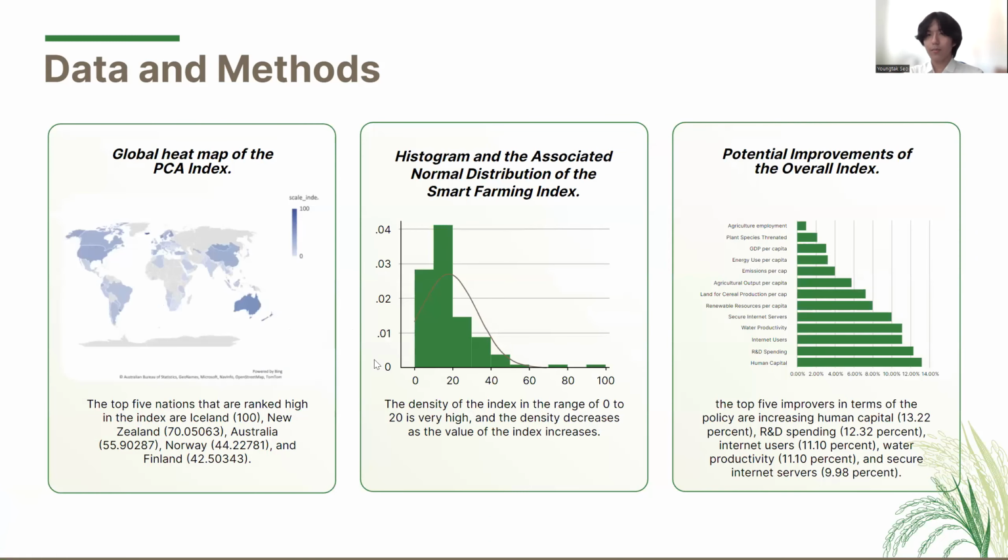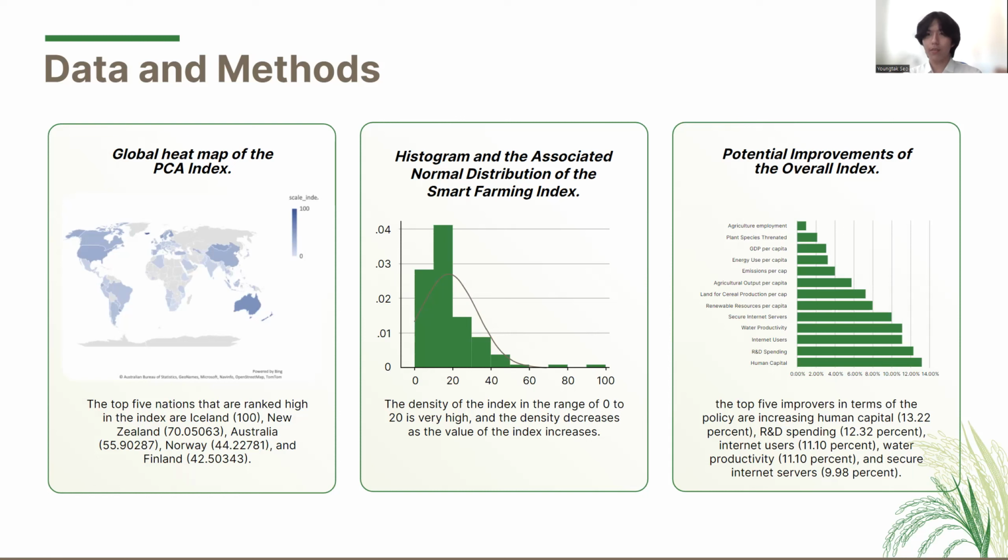So here's some analysis for the created index. So here's the global heat map of the index, which shows which nations have the high values and which have the low values. And the top 5 nations that are ranked high in the index are Iceland, New Zealand, Australia, Norway, and Finland. The next is the histogram and the associated normal distribution of the smart farming index, and it